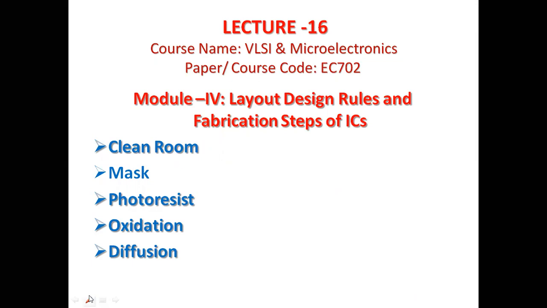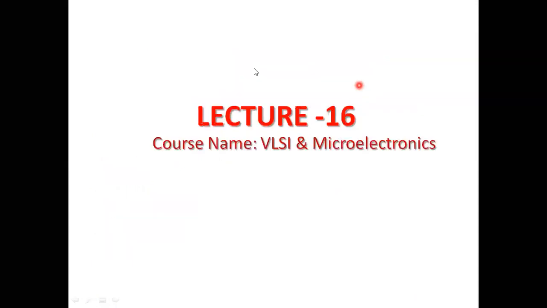Now before starting lecture number 16, we need to have some quick recap of the previous lectures. We started with the IC technology and also with the IC manufacturing processes and mainly the fabrication process of the IC. Next, we had seen the crystal growth, that is silicon crystal growth, that is the growth of the electronic grade silicon, which is having the highest purity in the order of parts per billion, that is ppb.